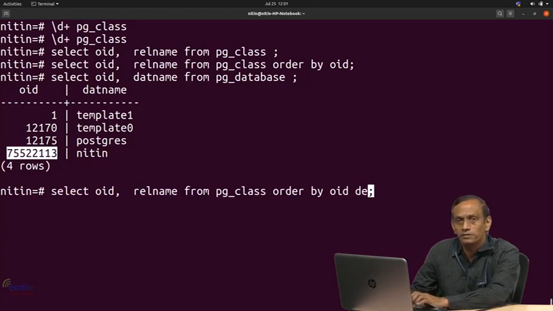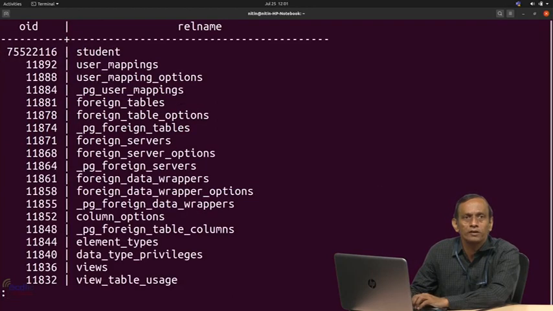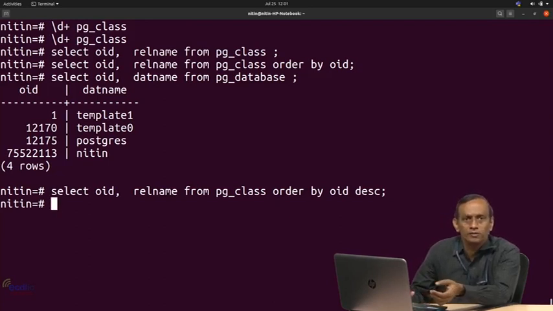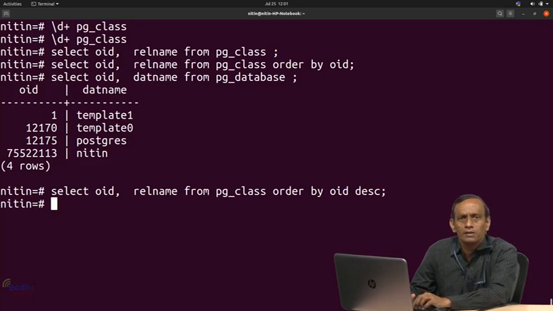We will write this descending, so that we will be able to see our first record, 116, and in the earlier case it was 113. So in between there are a few other numbers, 14, 15; these two numbers are used by the system internally for some specific purpose.